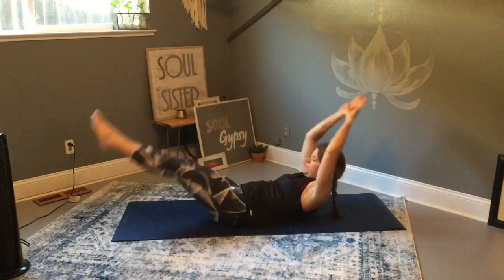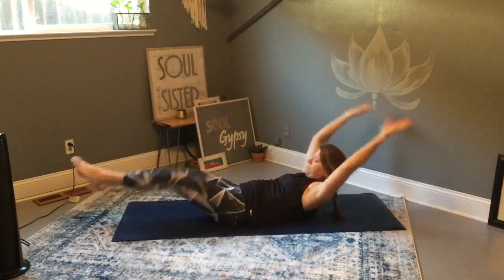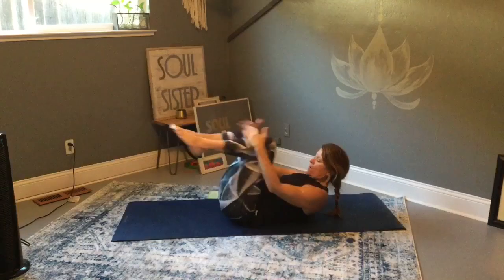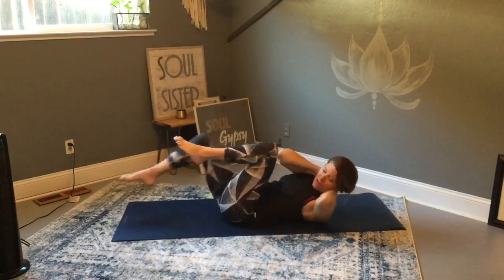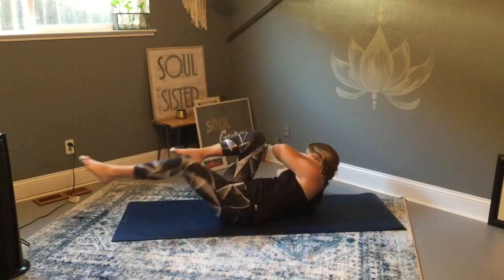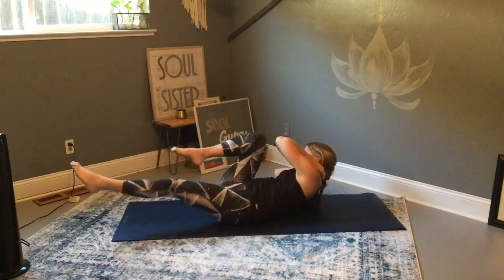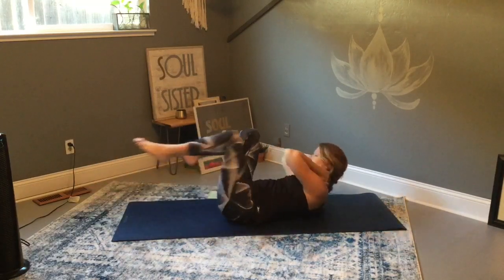2, 3, 4, 5. Crisscross, hands behind your head. Left knee in, right knee in. 1, 2, 3, 4,